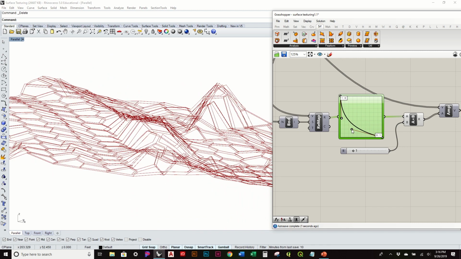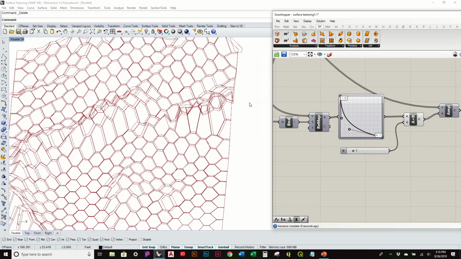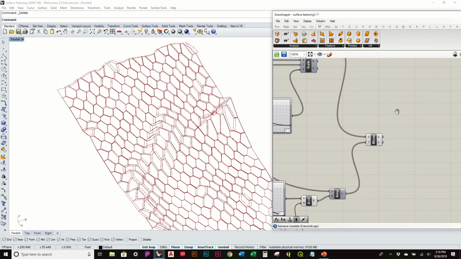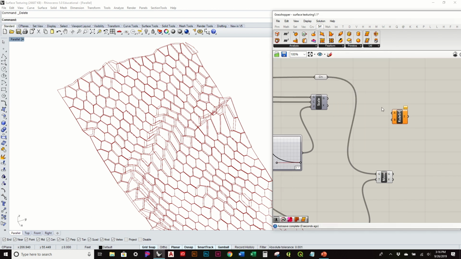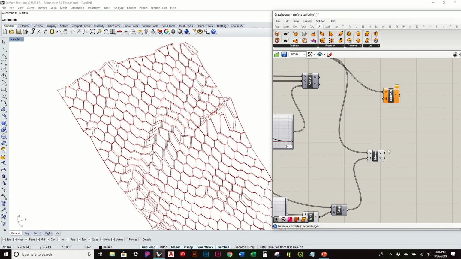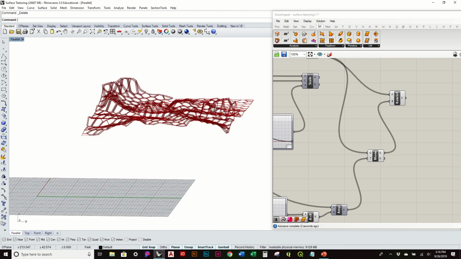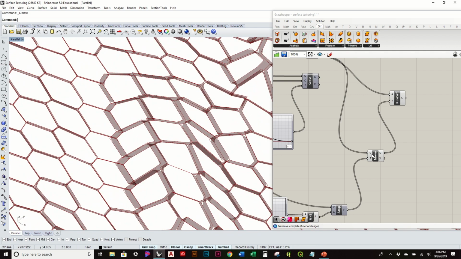So again, there's a little bit more movement based off of those slope conditions. It's a little hard to see with them just wireframed like that, so I can now go to Freeform and do a ruled surface between the initial one, the original one, and these new ones. So it's essentially doing the same thing as the extrusion, but it's allowing me to still have